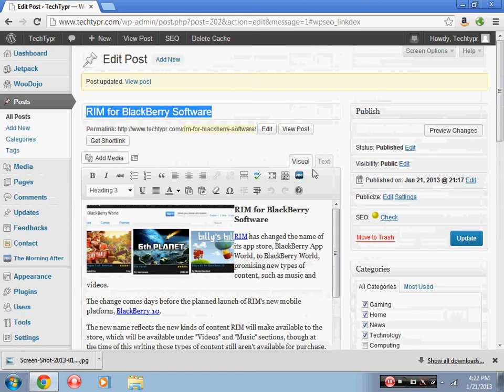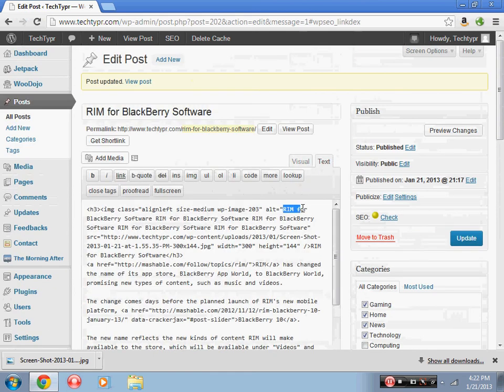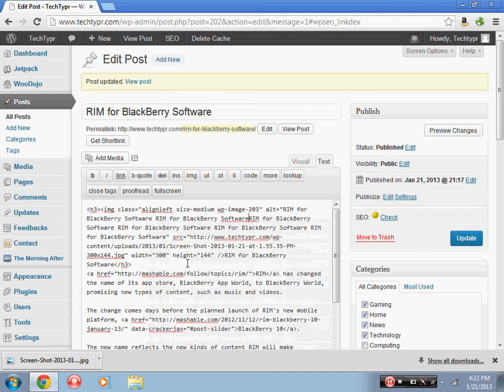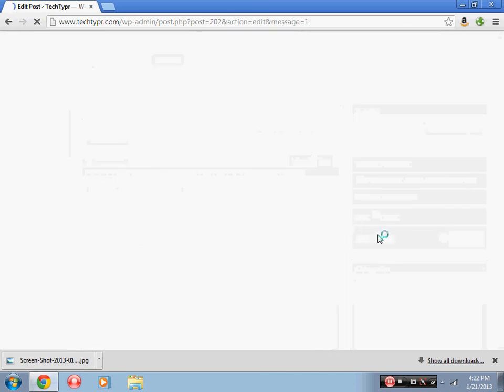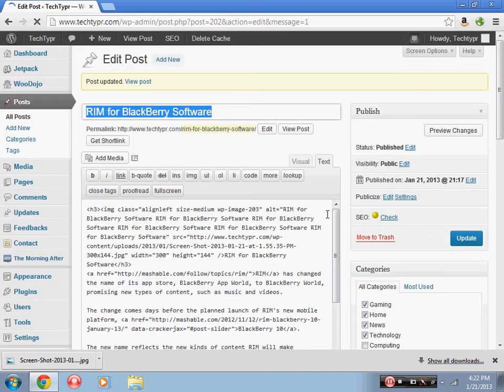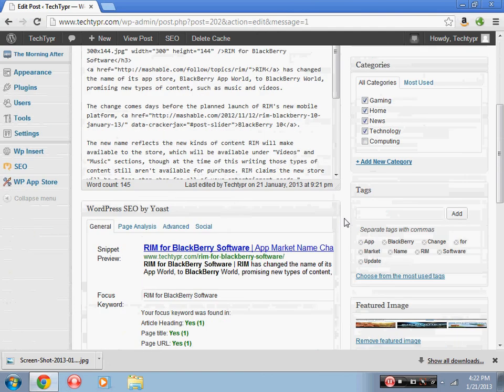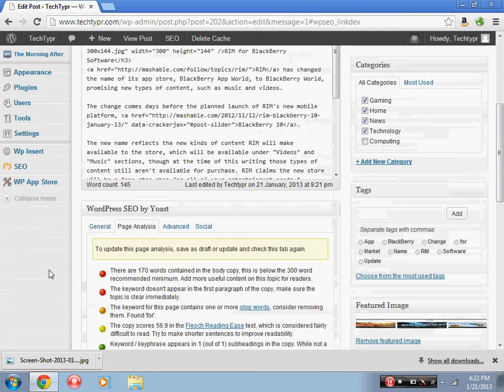I'm just gonna add this keyword in here one more time because I think we erased a little bit too much of it. And if not, we can just come back and redo it. We're just gonna update that and see if this goes green or yellow, because you want to get these perfect. As I said, this is not very hard. This SEO thing here really does help you. And it's yellow still, but